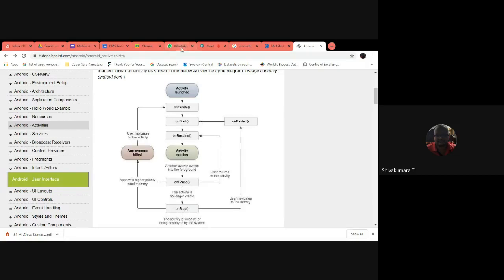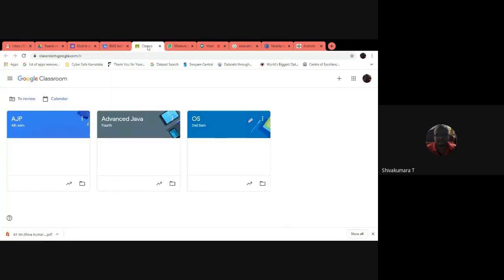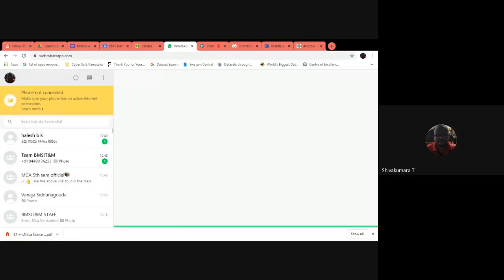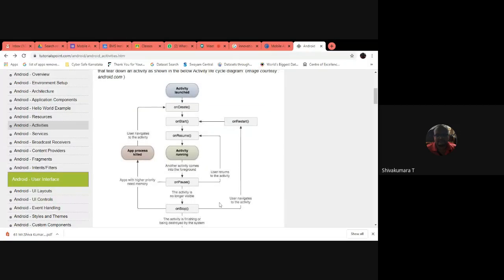Take the example: WhatsApp is one application, Classes is another. When WhatsApp is running, Google Classes is running at the back end. When Classes is running, WhatsApp is running at the back end. It temporarily disconnects from the visibility. That is when the onPause method is called, right?